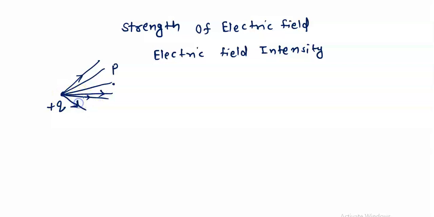Okay, so like this, these field lines will come. Now what we are doing, suppose that near to this charge point P, if we take a particular area, select a particular area like this. Suppose we selected a particular area, and then we are trying to find the number of electric field lines,